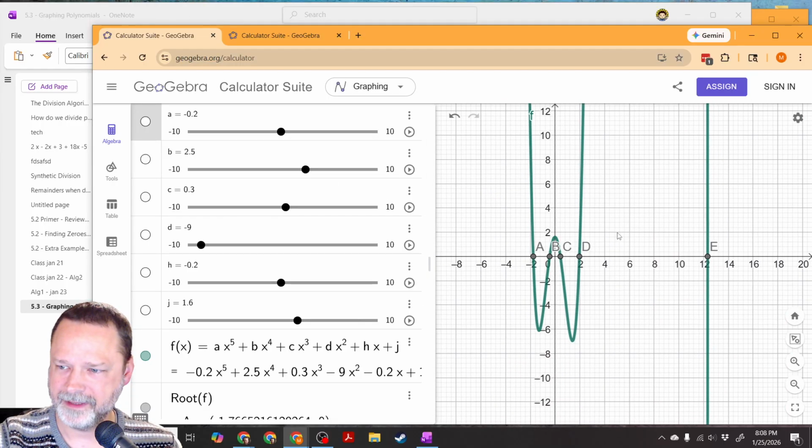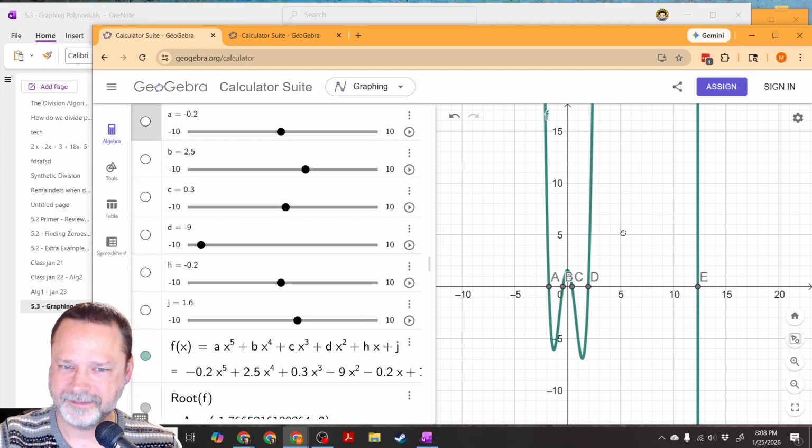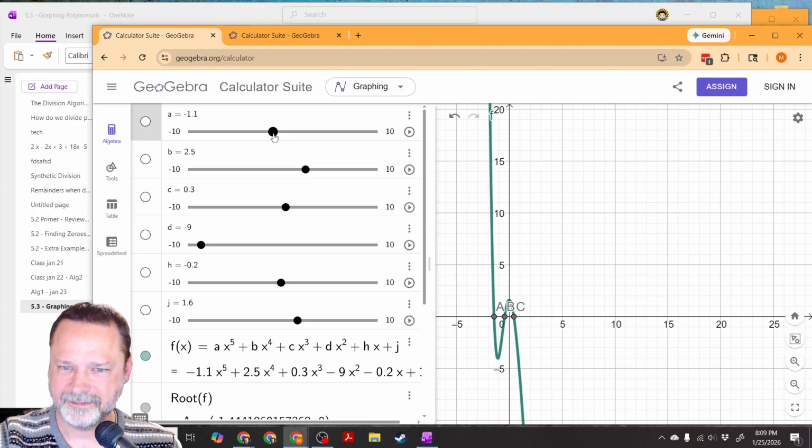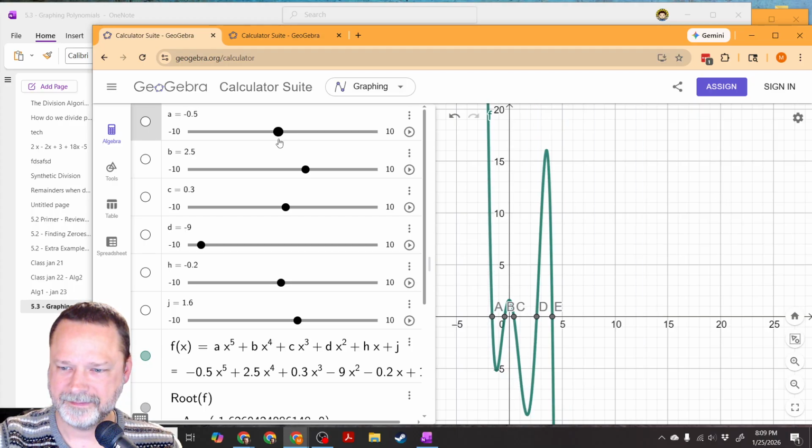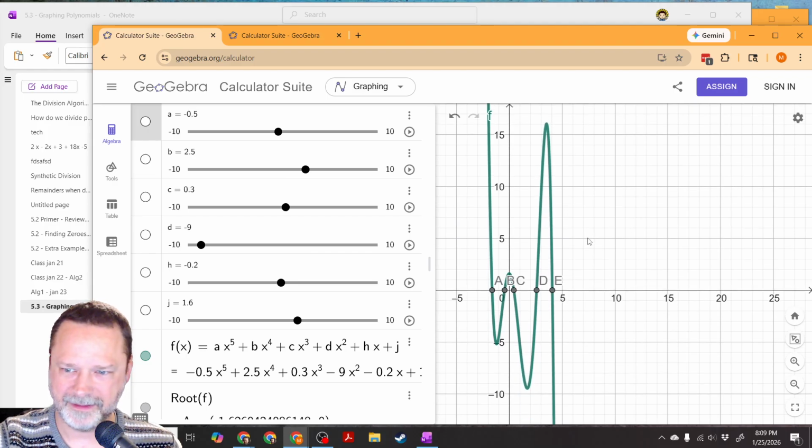Oh, there we go. Okay, that's a little bit better. We got to try to get all these turning points. So anyway, the point of it is, you see, there's 1, 2, 3, 4 turning points on this one, and